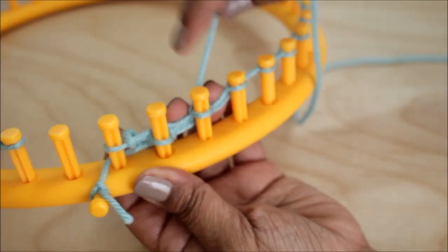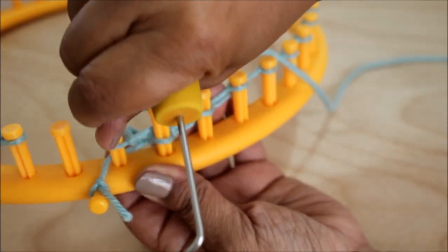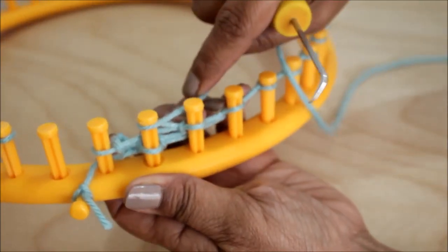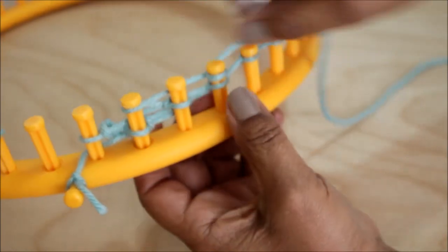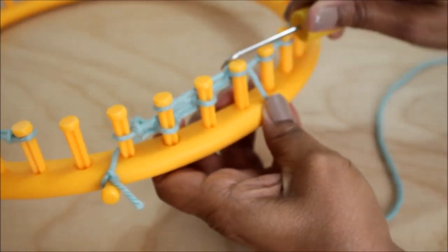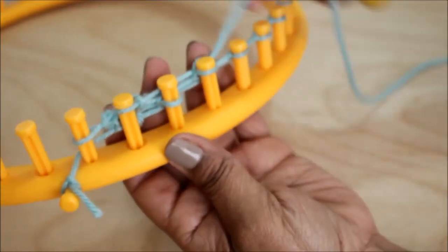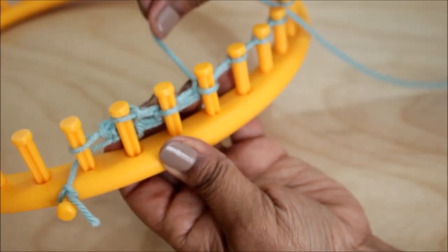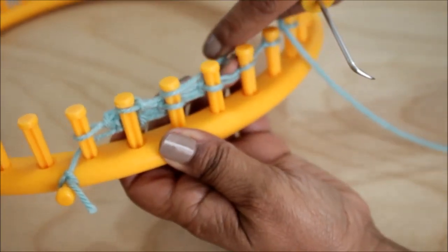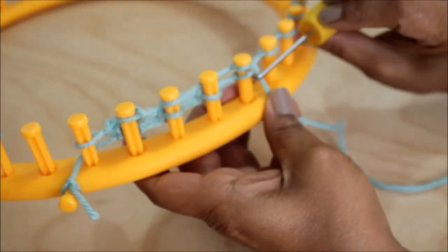Your working yarn is on your new peg 2 right here, so you're going to go back to peg 1 and wrap peg 1, skip peg 2 and wrap peg 3. And now hold on to your working yarn, knit off that bottom loop on 3 and on 1. And then you start that same process again. Your working yarn is peg 2, go back to peg 1, skip peg 2, wrap peg 3, and then knit